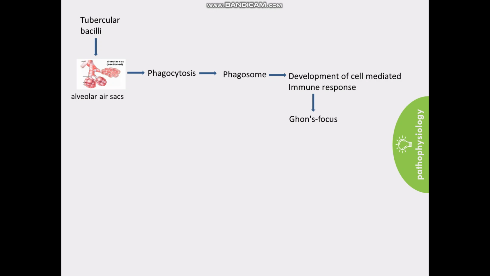Due to the hypersensitivity reaction produced by the bacilli, the Ghon focus undergoes necrosis. What happens due to the immune response? The Ghon focus undergoes necrosis, and the bacilli which are present within it drain out along the lymph channels,